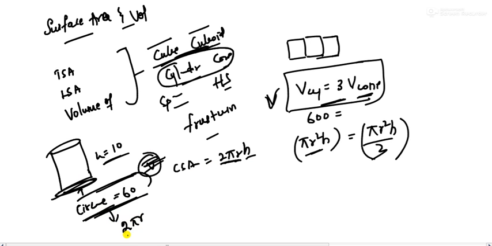2 pi r. So they have indirectly given the whole value. So 60 into 10, it is 600. So remember this formula also. Okay,